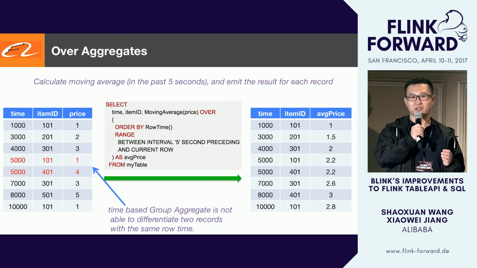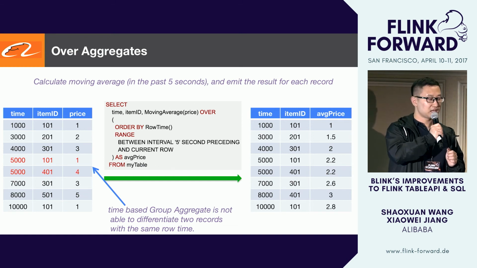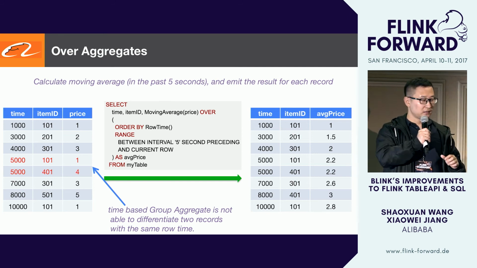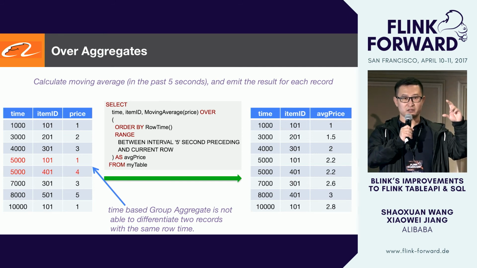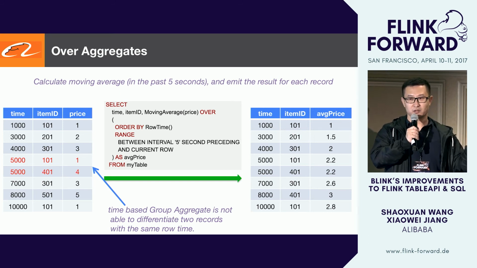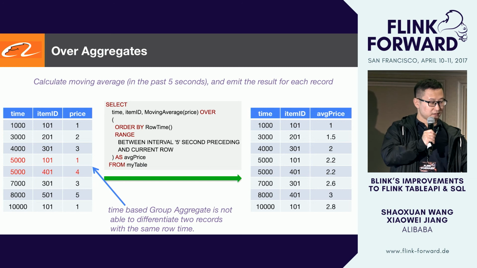For instance, moving average and ranking per each row. In this case, let's say you have input with different time, item ID, and the price, and you want to calculate the moving average for the last five seconds. So basically, you have a certain range window, and the over can achieve this because the user wants exactly